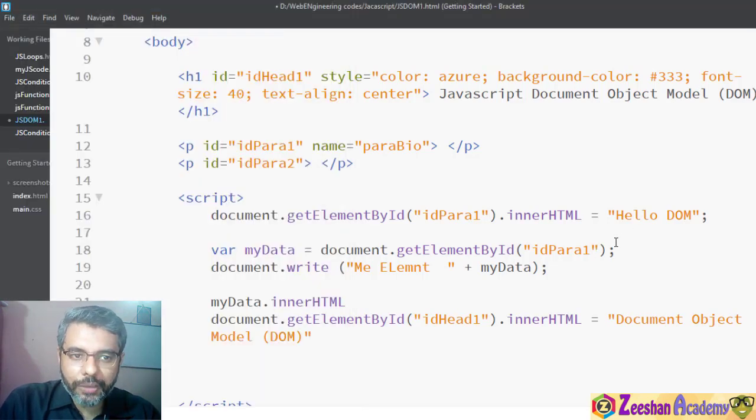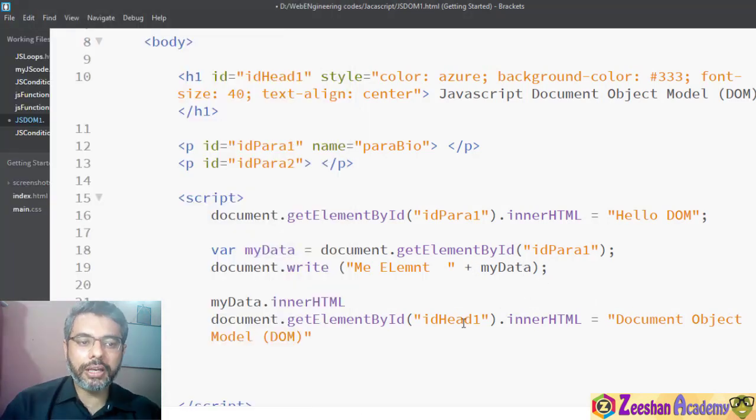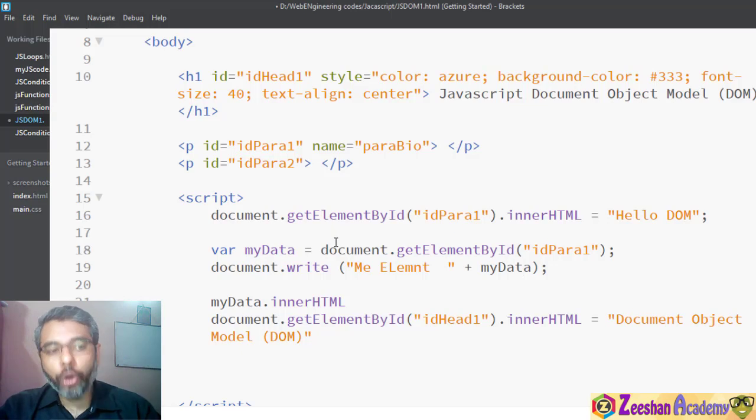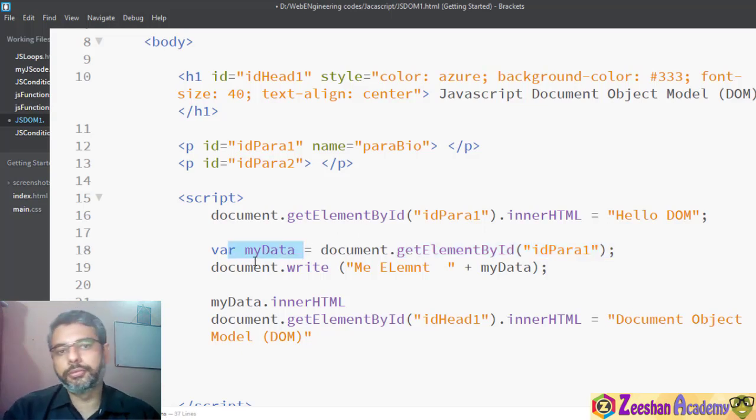So what we did initially was we went into the document, we fetched an element called paragraph, and we stored it inside another variable, and then we printed that variable. Once you print that particular variable, you would see this is what we get, and the same thing goes for every single tag. So what it actually means is document is an object, it reads a method, and whatever is the outcome of this method is actually an object itself.